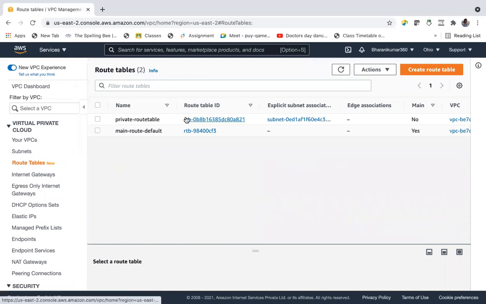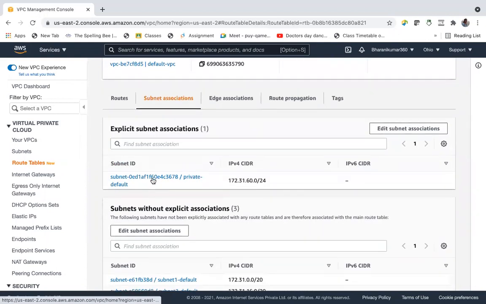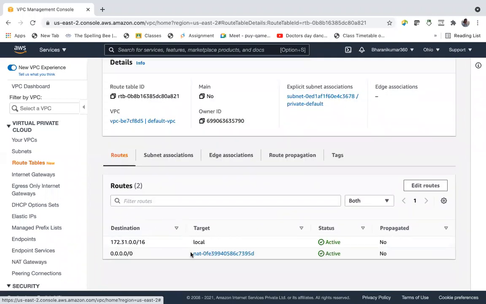And then we have our private route table. It has one subnet association which we explicitly mentioned, and it is a private one. And what makes it private? The route table itself, because there is no internet gateway attachment. And sometimes we need access to the outside internet, so we are giving a NAT gateway attachment here. We have created one NAT gateway and attached it here. Clear, guys? Any doubts up to this part? I think we already discussed this in our last class.